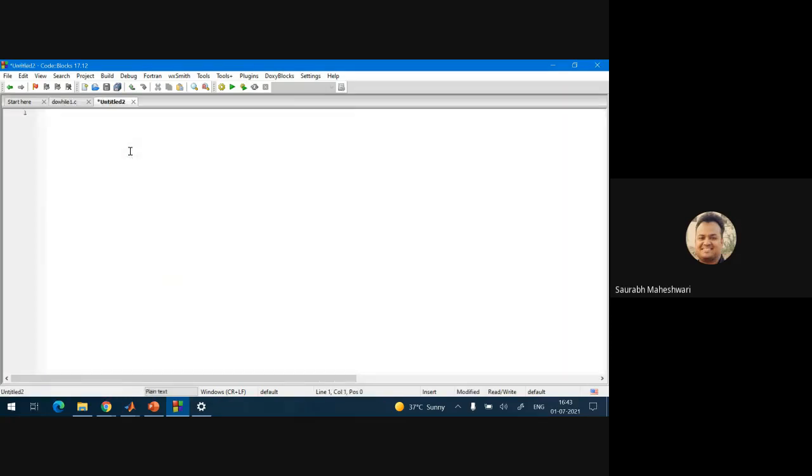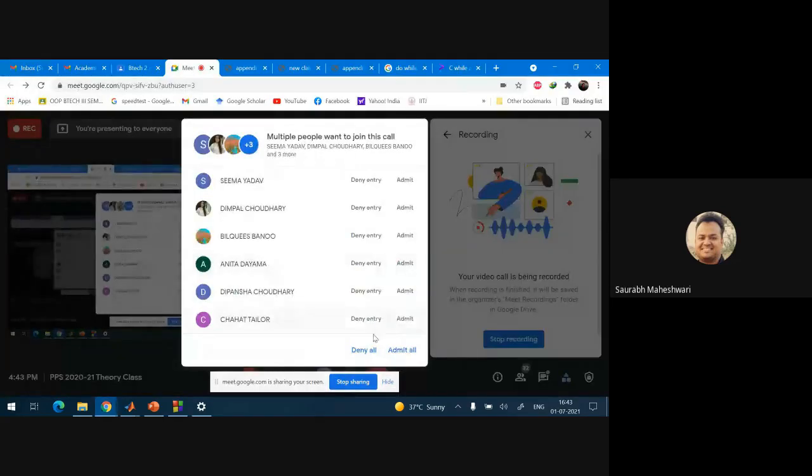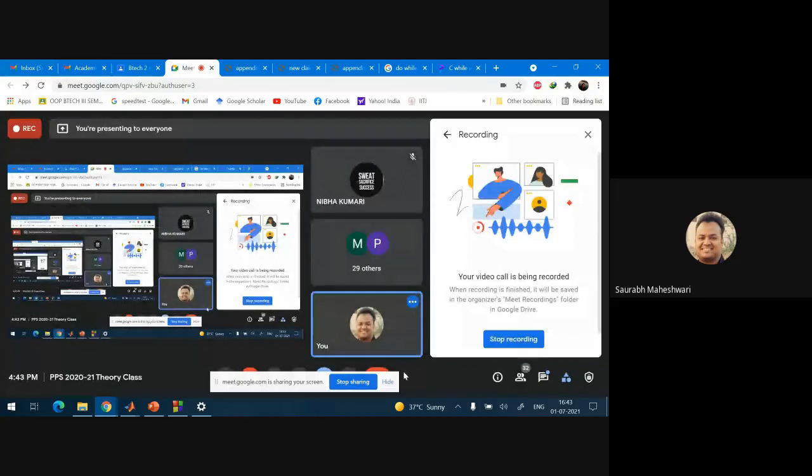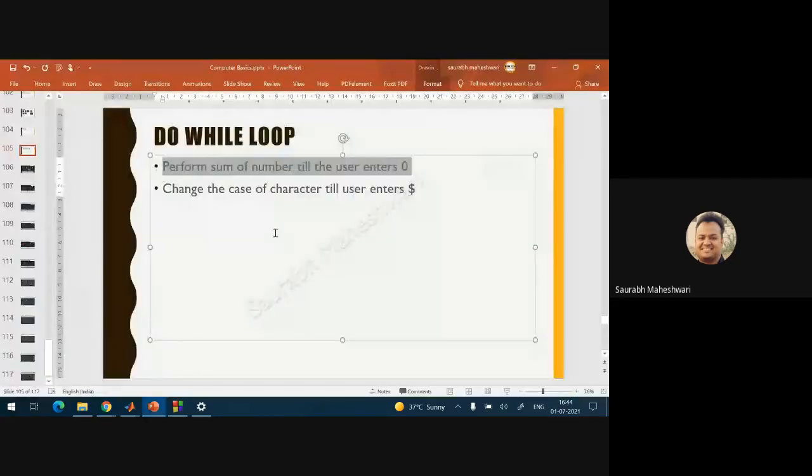Okay. Now let us make another program where you want to change the case of the character until the user enters dollar.